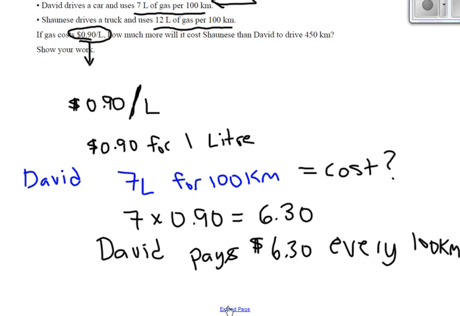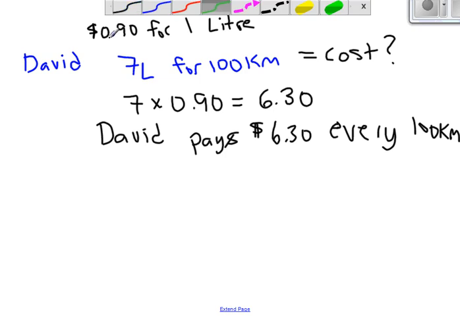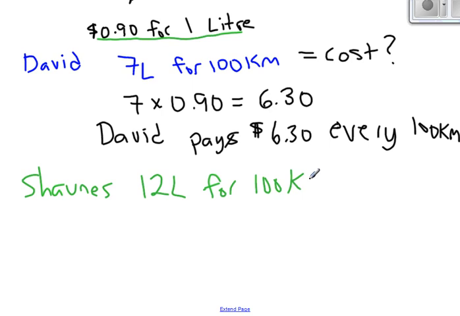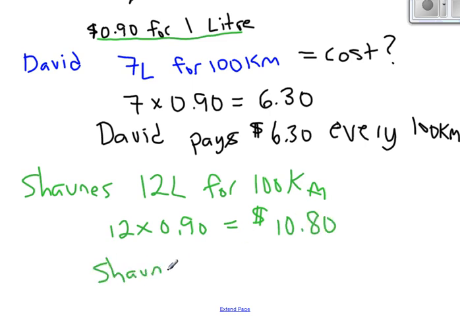So let's do the same thing for Shawnees. I started by reading 90 cents for 1 liter, so I'm just going to keep going with it. Now, Shawnees is 12 liters per 100 kilometers. So if Shawnees drives 100 kilometers, what does it cost her? 12 liters at 90 cents a liter is going to be $10.80. So Shawnees pays $10.80 for every